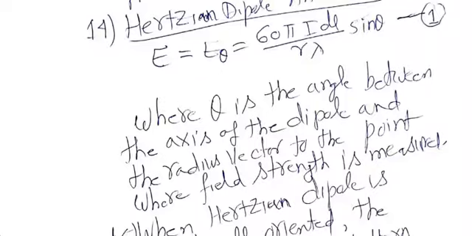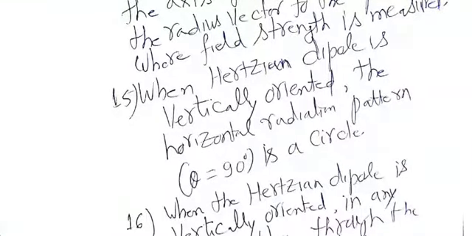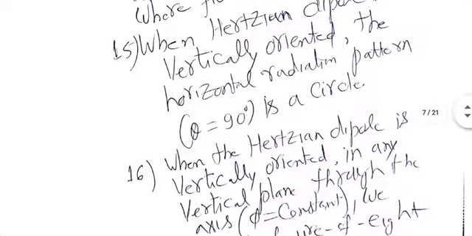So theta equal to 0, that means along the length of the dipole, there will be no E. And at theta equal to pi by 2, that means perpendicular to the length of the dipole, you'll see maximum E field coming out. And in between, there will be sinusoidal behavior. Phi can go from 0 to 2 pi. This is Hertzian dipole we are looking at. Horizontal radiation pattern is a circle. That means phi dependence is not there. There will be a plot coming soon.